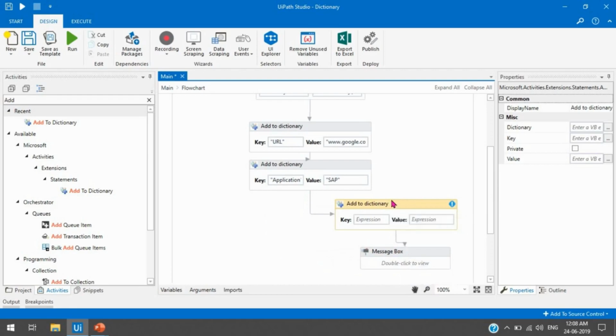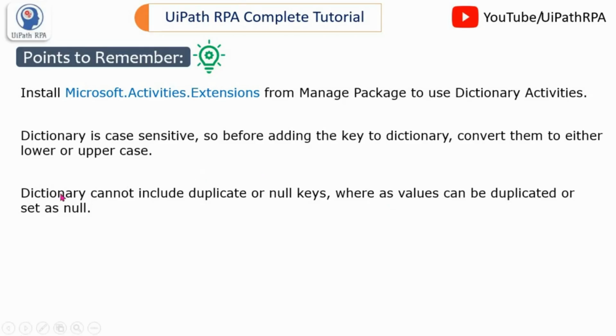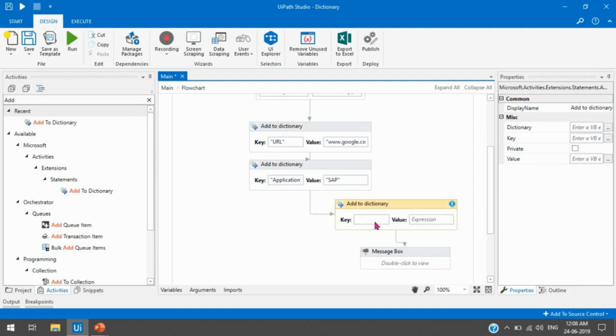So this example is for only checking that a dictionary cannot include duplicate or null keys, whereas a value can be duplicated or set as null. So here I am just going to take one key that is duplicate, that is URL. We have already added this key URL in the dictionary, and now I am going to add this URL again in the dictionary, and here I am going to take only YouTube something,